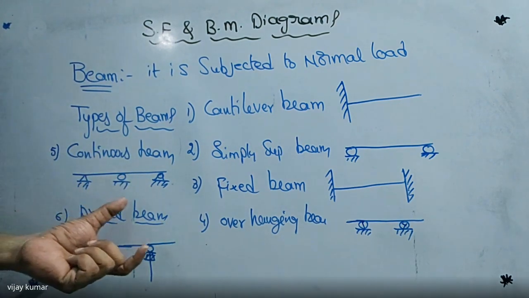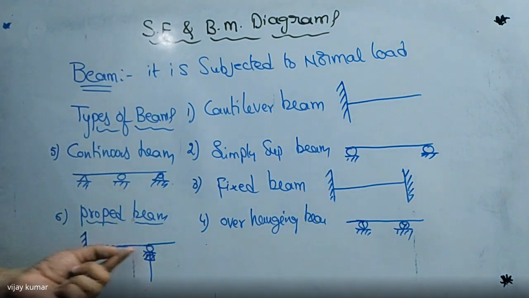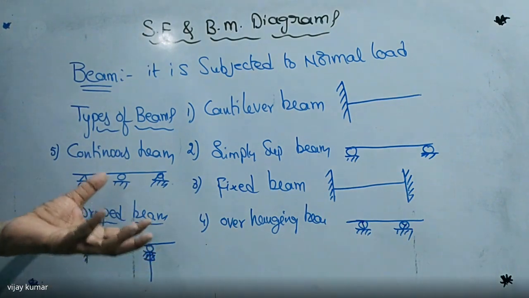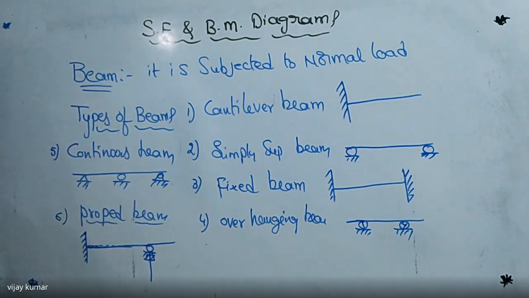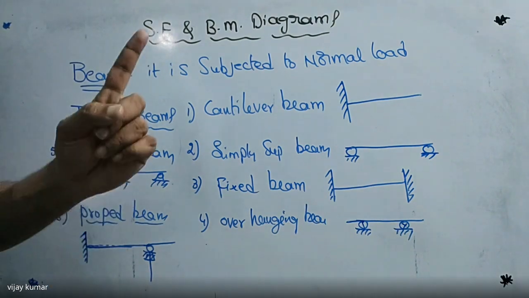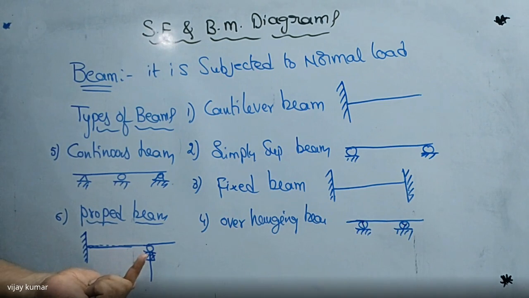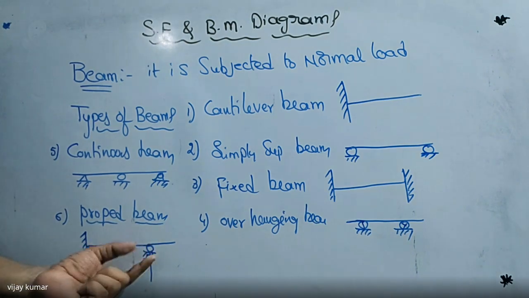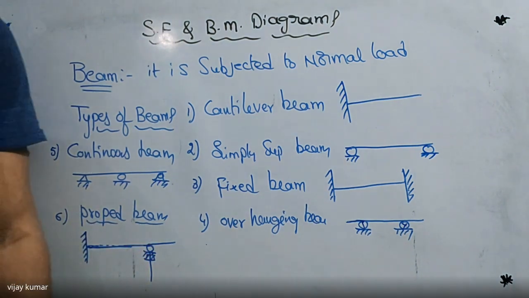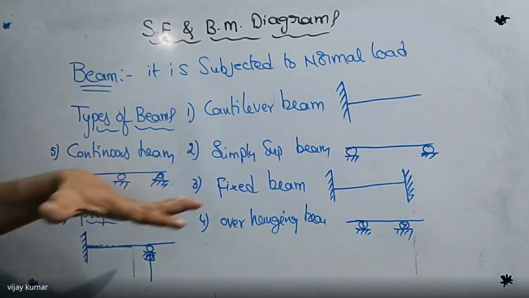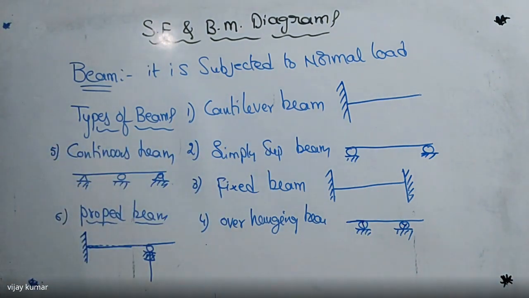And the propped beam is nothing but this: when the length of the beam goes on increasing, in the case of a cantilever, the beam undergoes some bending due to its self weight. So I want to restrict the bending, so I put some support at the bottom of this beam. That support is named as propped support, this reaction is propped reaction, and this beam is named as propped beam. So these are the six types of beams we are going to use in our shear force and bending moment diagrams. Now I'm going to explain to you.